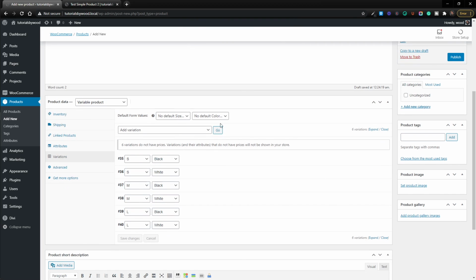So now that we have all of the variations added, as you can see, small black, small white, medium black, medium white, and so on. These are pretty much all the variations that are able to be clicked on as the customer goes through your checkout process. All right, so now the last things that we need to do besides the basics that we've talked about already